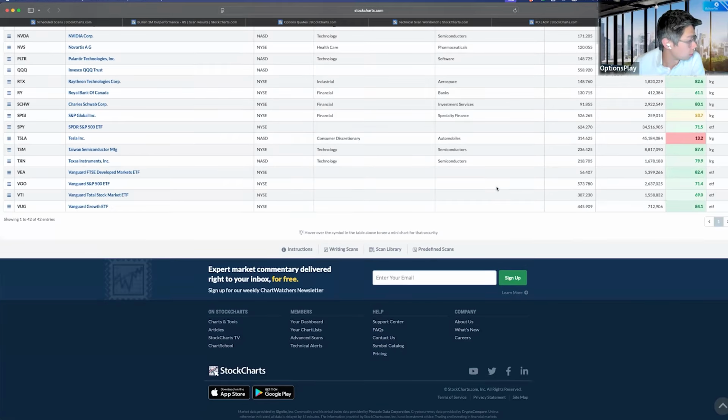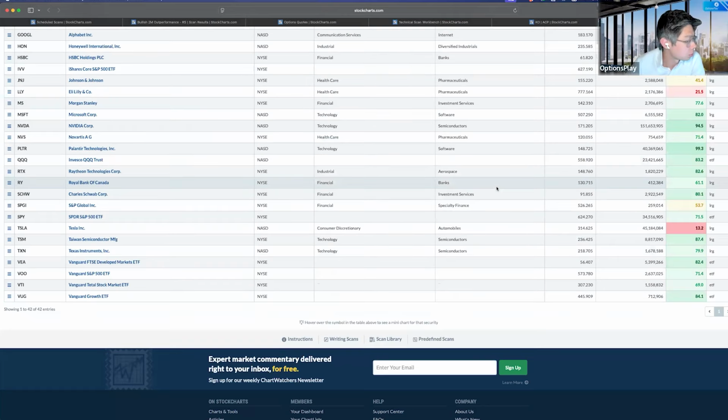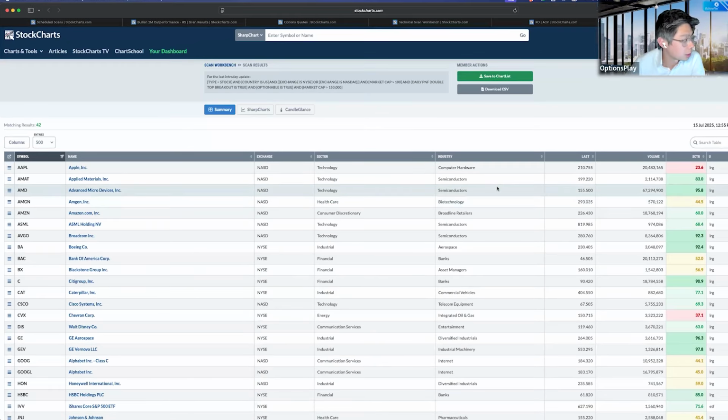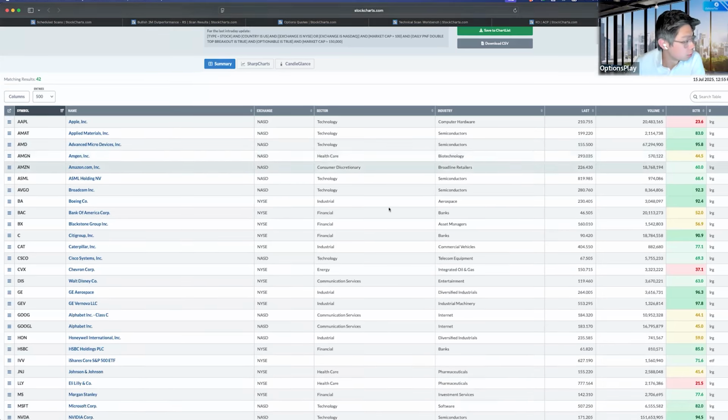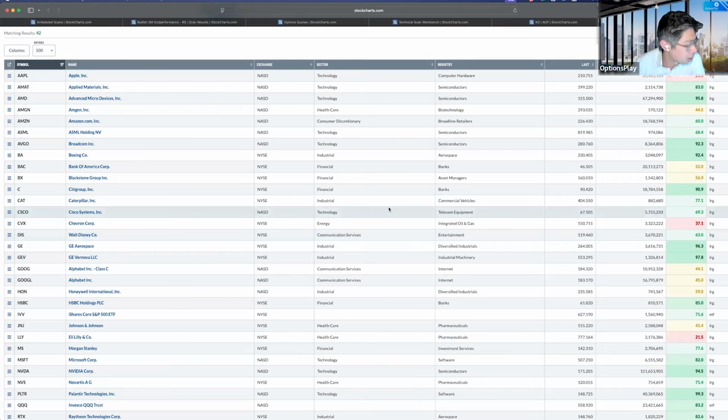Oh, that's still a pretty big list. That's 42 stocks, right? So that looks a lot more manageable. There are 42 stocks that have generated a double top breakout on point and figure that are at least 150 billion and optionable. This gives me a good list of stocks to look at, probably even too much in my opinion, but this